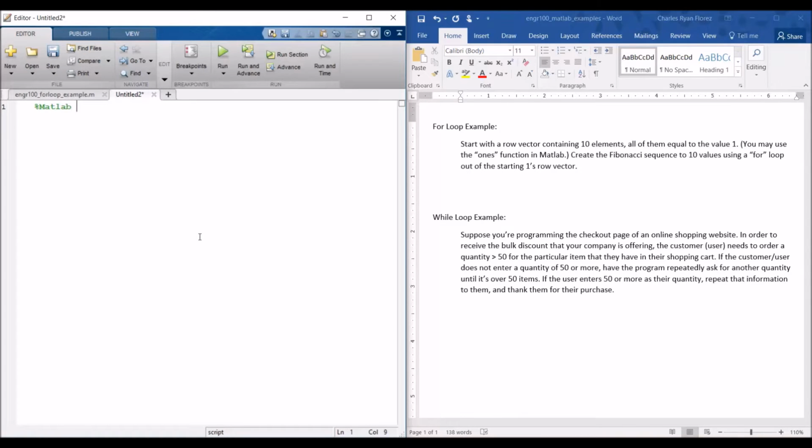So as usual, I will start with my title, while loop example. My goal for this is to create... is to make money for your company. No, it's to,